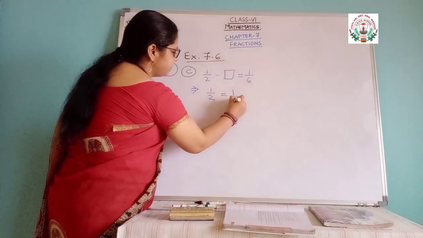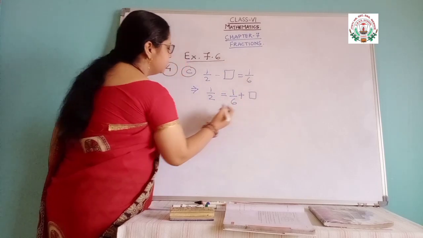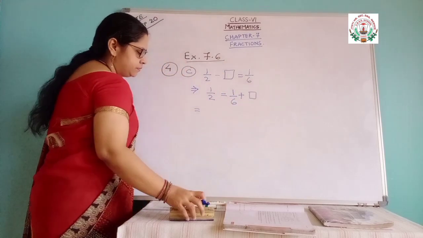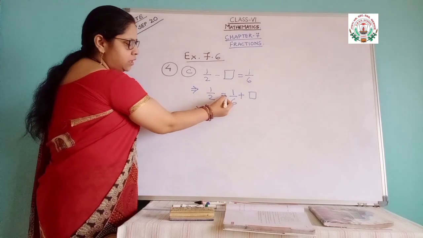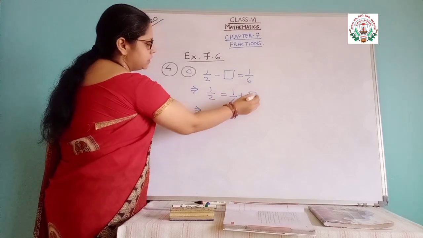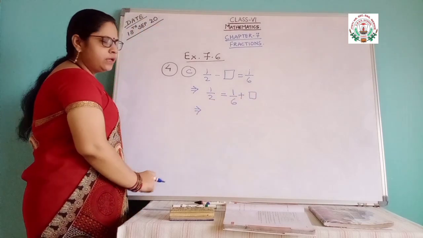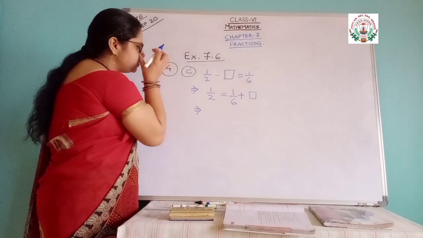Okay, step by step we are going. This minus box will be that side, plus box. Then we write here, this is called the implied sign, because the equal sign is already there. Now this is a question like the A and B part, having a plus sign there. So we will transfer this 1 by 6 to the other side.